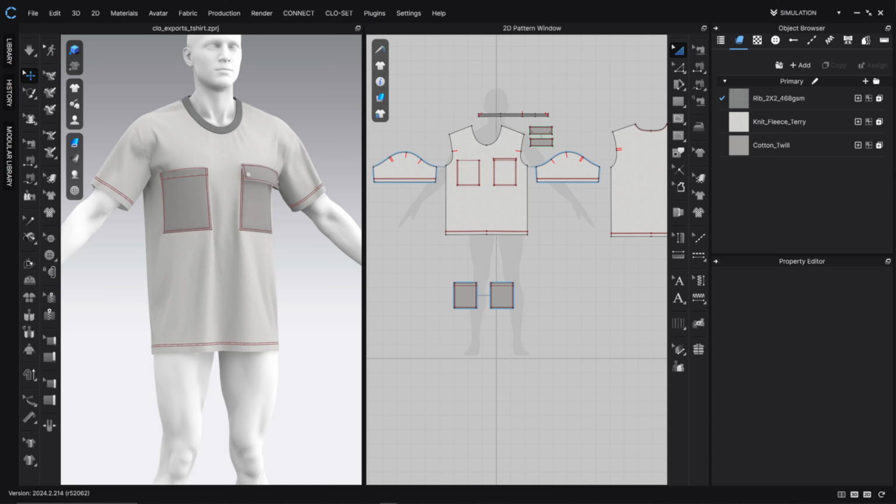Hey guys, welcome back. This time I want to talk to you about the export settings from Clo to Blender. There's been some updates and I just want to make a video explaining clearly how to get from Clo into